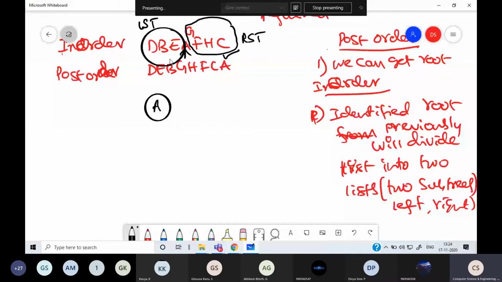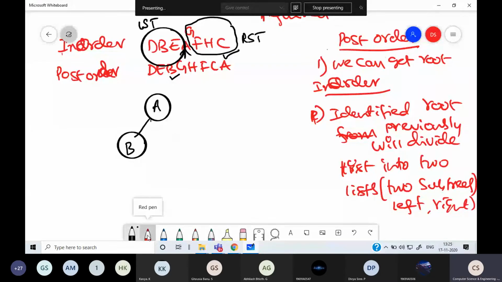Now again, if I take the left subtree, I have to build one subtree, then I can go to the next subtree. So in the left subtree, again identify the root. How do I identify it? Whichever occurs last in post-order will be the root. So DBE, which occurs last? B occurs last. So B is the root for the left subtree.